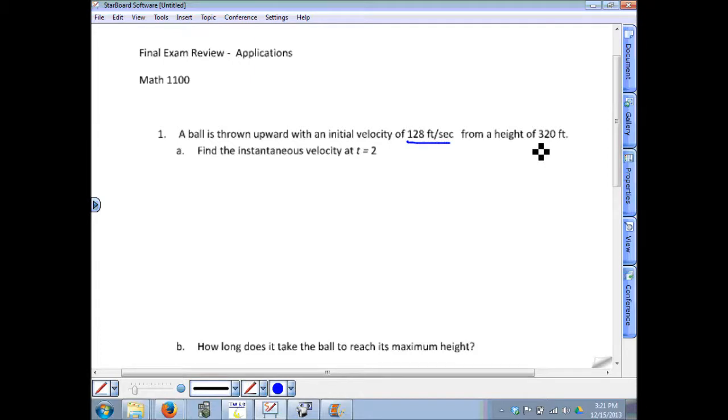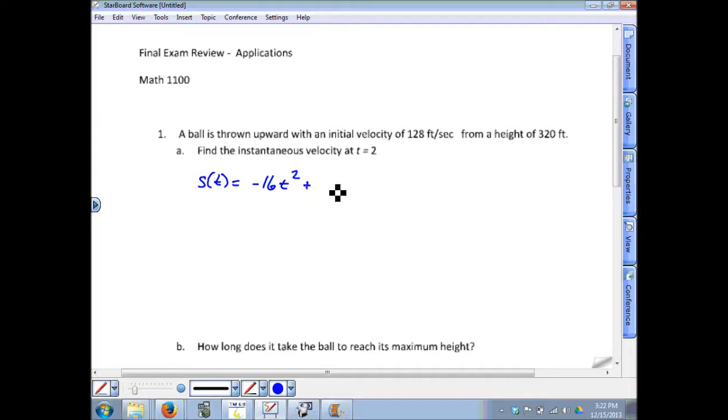It's thrown with an initial velocity from a height of 320 feet. Now, using this information, it was taught back in chapter 2 how to find what's called the position function. That's usually given the letter s. S of t is equal to negative 16t squared. That's always, assuming this ball is thrown from Earth, the effect of Earth's gravity, negative 16 times t